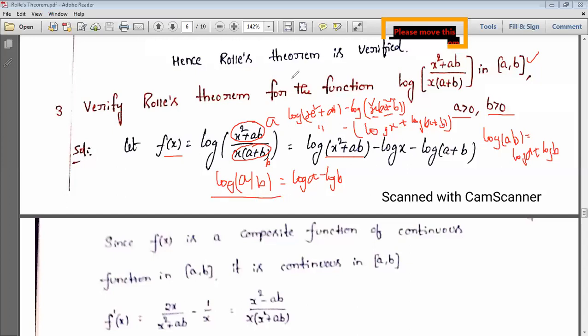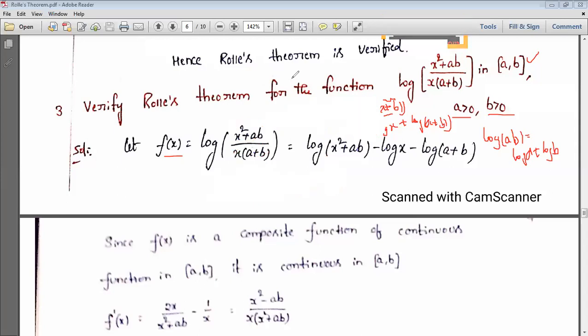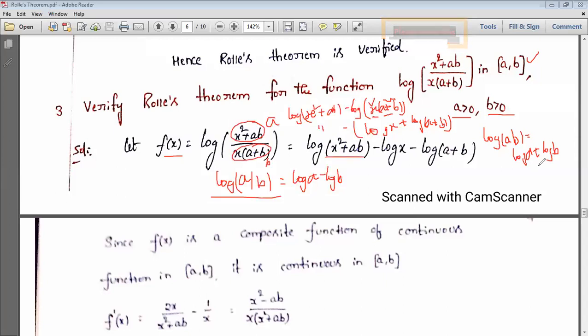Log a by b is equal to log a minus log b, and log ab is nothing but log a plus log b. And you may get a doubt here, why should we apply these formulas and why should we write like this, why can't we apply directly? Yes, you can. Directly also you can take and calculate it, nothing will go wrong. So simply you can apply like this, or take the direct function also.